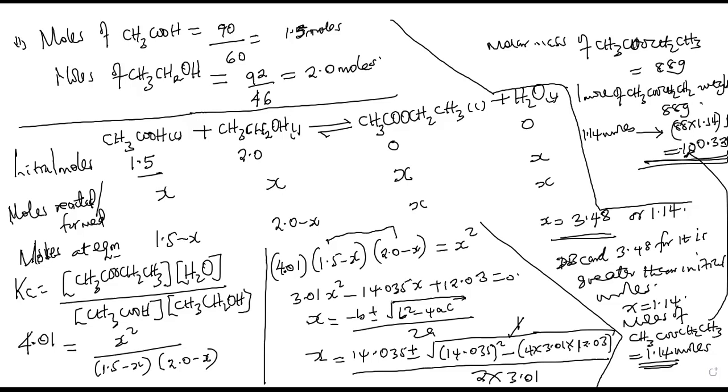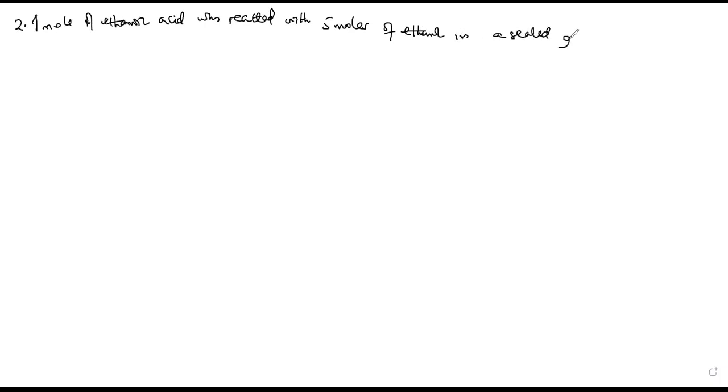Let's do some other example under this section of esterification. So example number 2: 1 mole of ethanoic acid was reacted with 5 moles of ethanol in a sealed glass tube